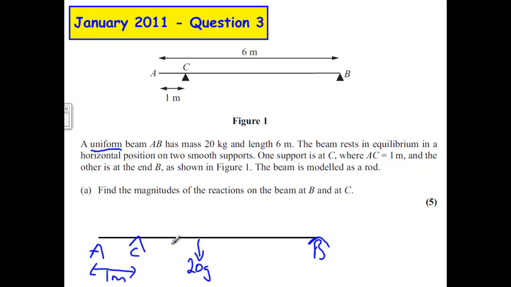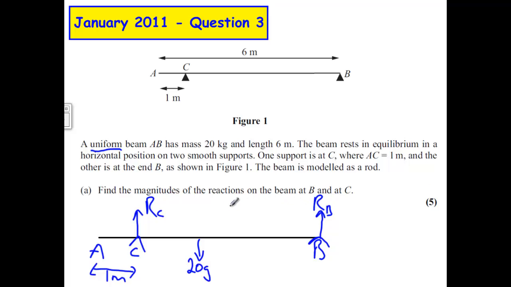So because this rod is resting on two supports at both C and B, there's going to be a reaction force pointing upwards. Now, it doesn't specify that these are the same, so we have to assume that they're not. So I'm going to label this one reaction force at C, and I'm going to label the reaction force at B, RB. And the first part of the question for 5 marks is to find the reaction force at both